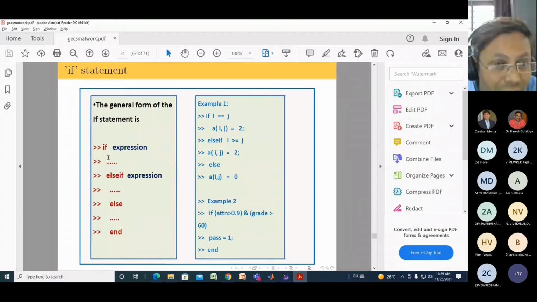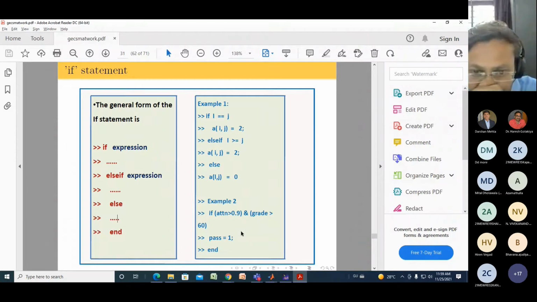This is the general syntax for the if. Simple if means you put some expression, and if the first one is not satisfied, you go for the else if. That means the first is not true, so you go for the second one. If the second is not true, you go for the else. So this is a flow control statement. It is a kind of constraint you are putting in. If the first statement is not true and the else if is not true, by default you will have the else condition. So this is a selection, known as the if else if command.